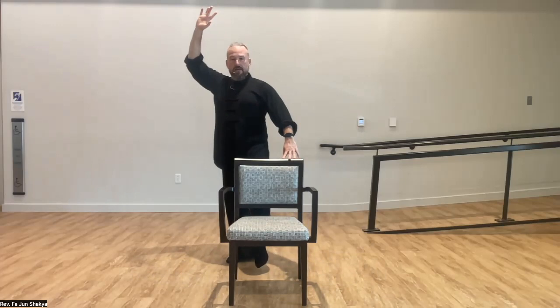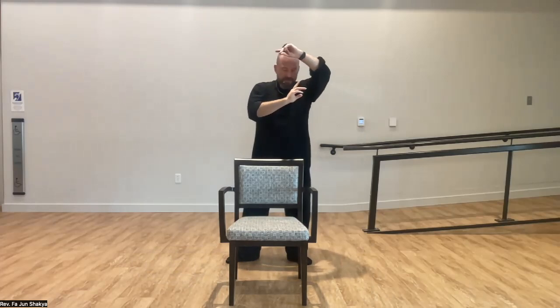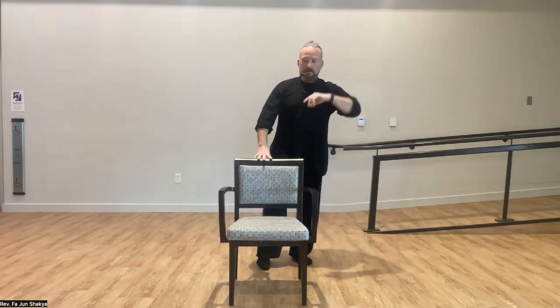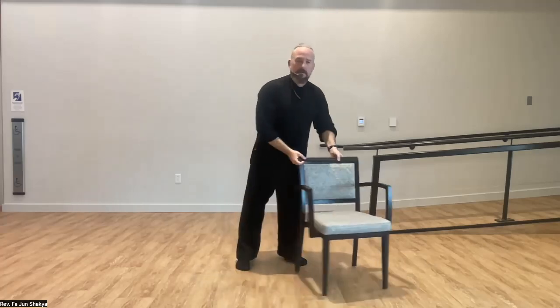And here's where you can use the balance to help yourself if you need to. Then to switch sides, I bring this one back to center so I can put my weight on it. I switch the arms. And when this one gets up, it sort of pulls this foot off the ground. And I go tippy toe. Yep. Let me show without the chair for the video and so you can see my feet a little more